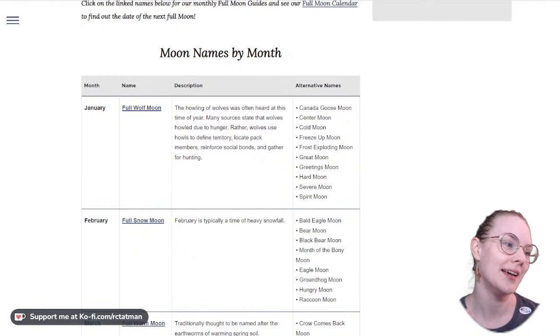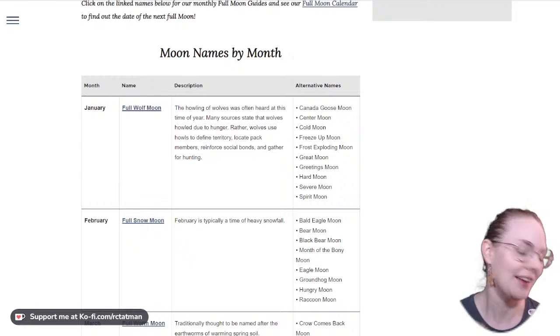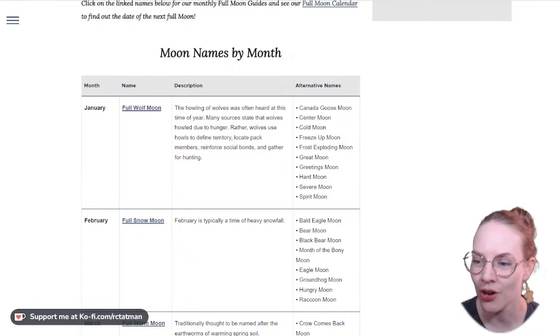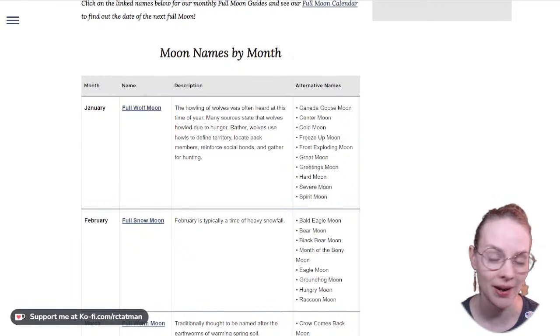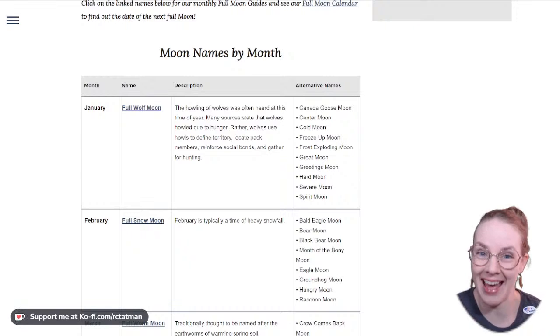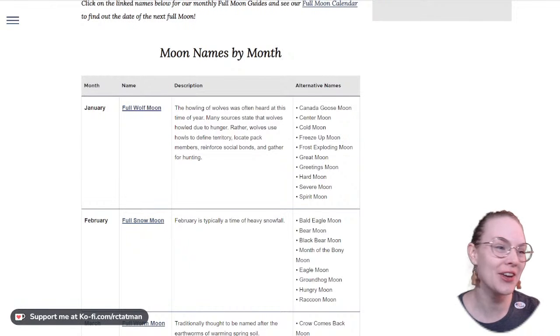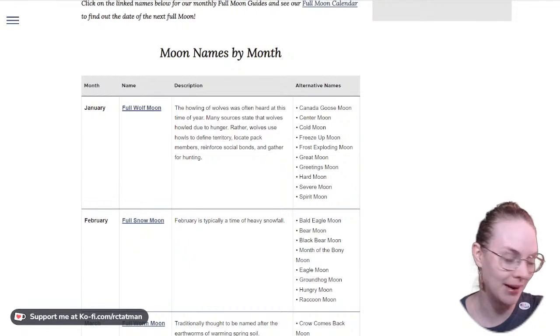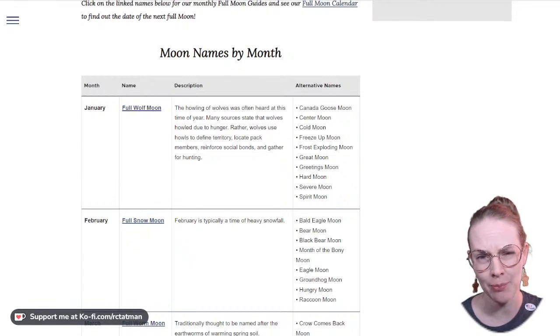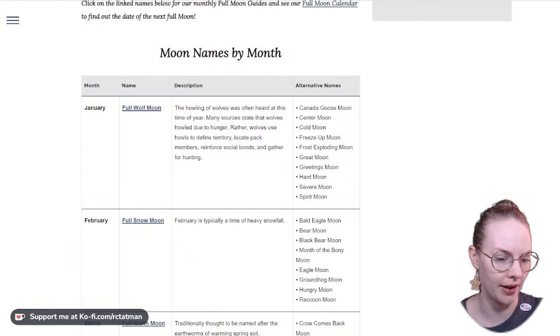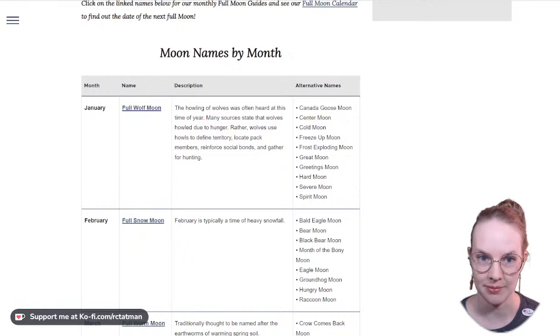Part of the way that those cultural remnants are there is in these moon names. Now, if someone just tells you to do something on the goose moon, I don't know about you, I don't know when the goose moon is, right? That's not something I can put on my solar calendar. I use an app called Todoist to organize my to-do lists and send me reminders. It's really great, and they have very robust NLU for extracting dates and adding them to calendars. But they don't know about the goose moon either.